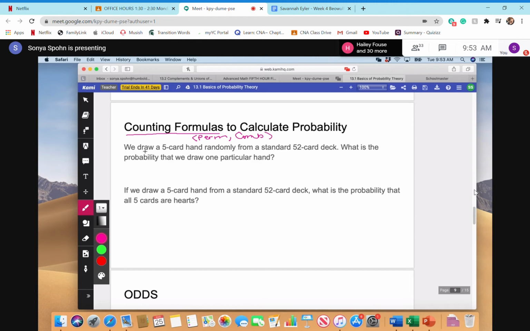All right, so let's go back to this. We're going to do simple probability with counting formulas. So these two are probably the most difficult probabilities you'll have to do because you have to do permutations and combinations within the probability. All right, so it says we draw a 5-card hand randomly from a 52-card deck, okay? So basically, if we do this,